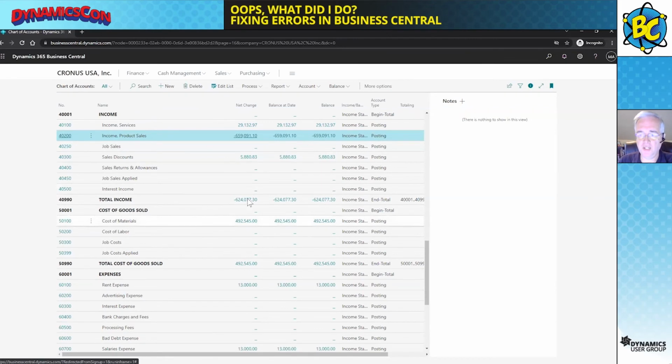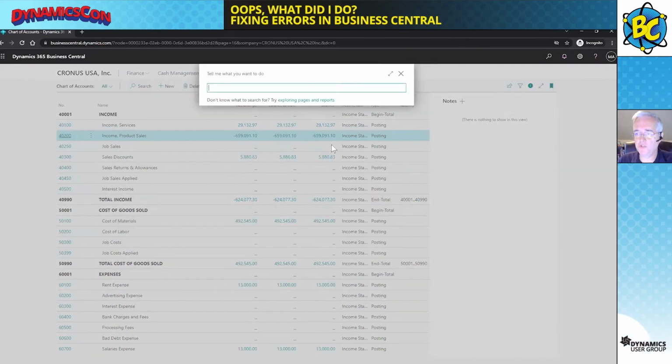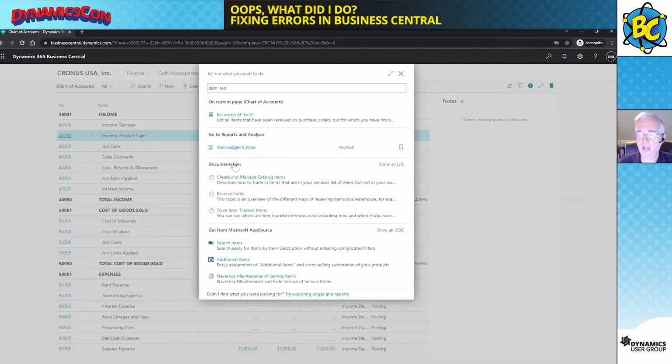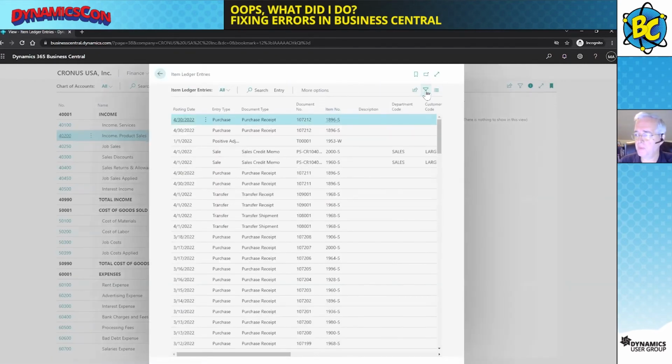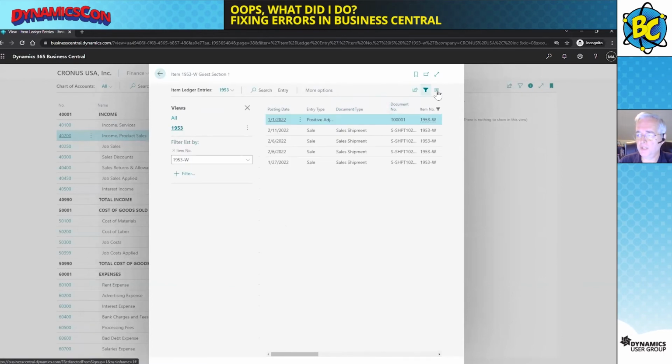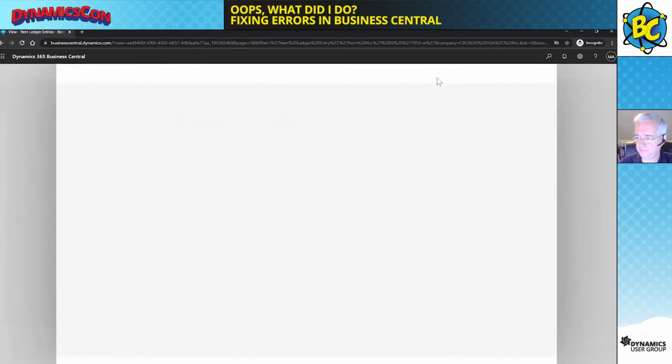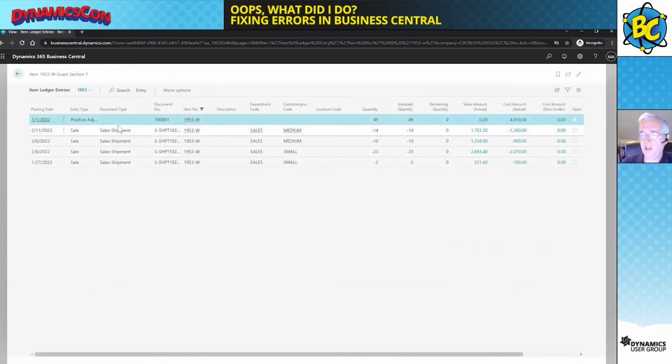We're going to take a look at an item valuation. So first thing we want to do is go to our item ledger so we can take a look at a specific item. And so we're going to look at this item, 1953-W. As you can see in here, we actually purchased some. We purchased 49 units. That's all been sold. The remaining quantity is 0. All these cost amounts have been put in place. Everything is there. And so if we ran the revaluation journal,